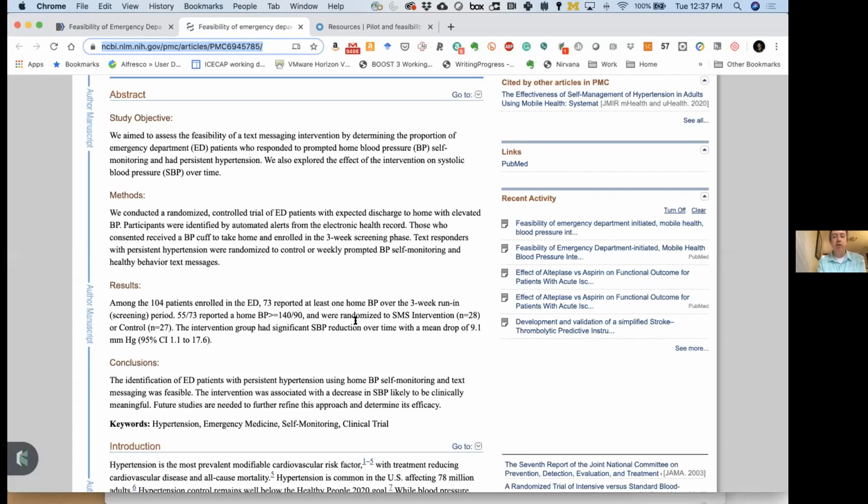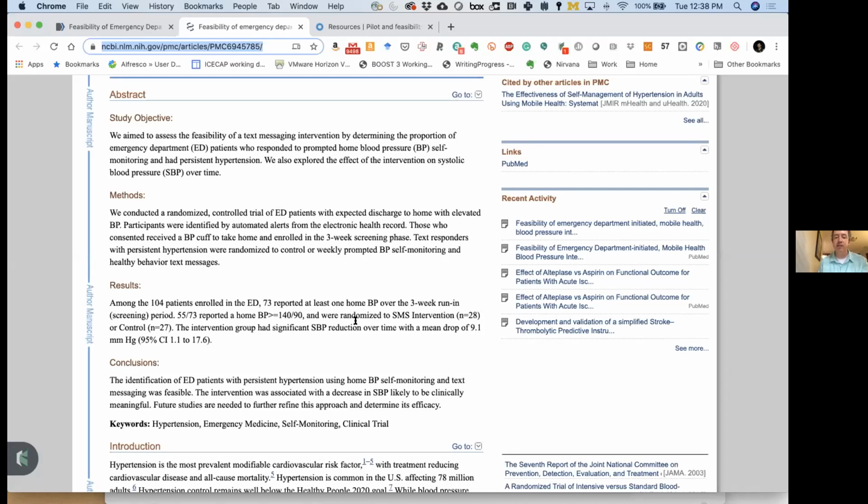So we came up with a bar that we set that was a quantitative bar, but everybody on this call could argue that it was an arbitrary bar, in that we were planning to enroll approximately 100 patients. And we looked at what would be a 95% confidence interval around 33%. We figured we would be giving out 2 blood pressure cuffs for each person who actually responded to us and was still hypertensive,